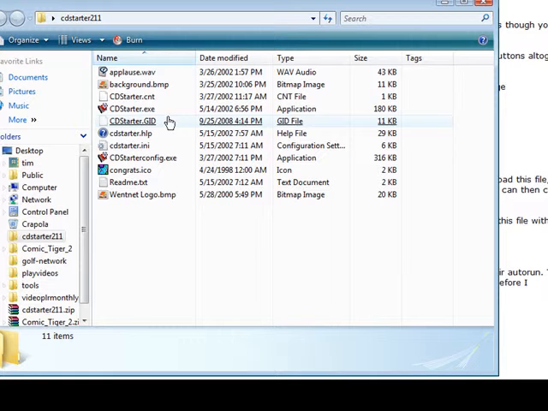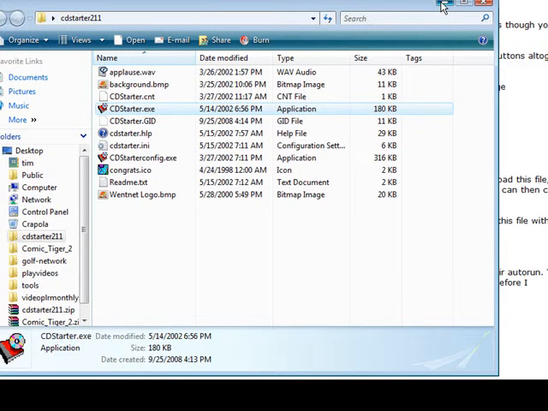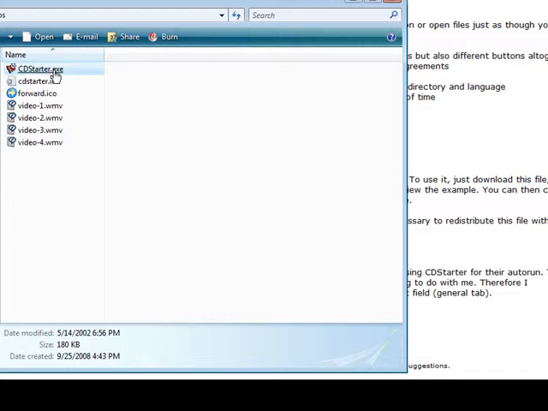Now to test it, we can just bring in the CD starter software here. We just bring in this cdstarter.exe, just copy it and paste it in here. Now if we click on it,